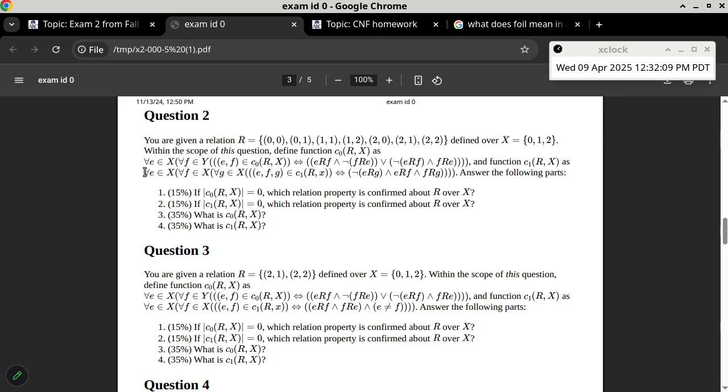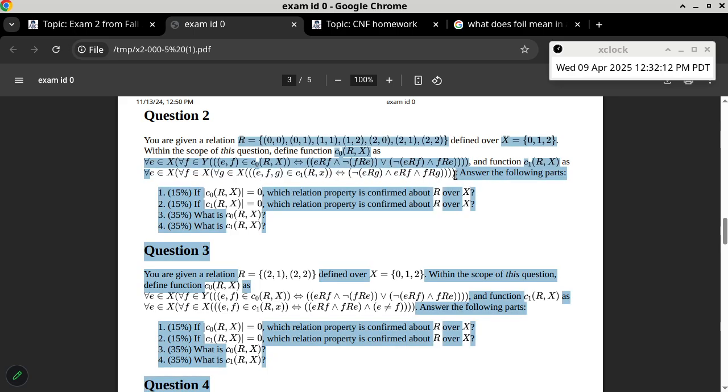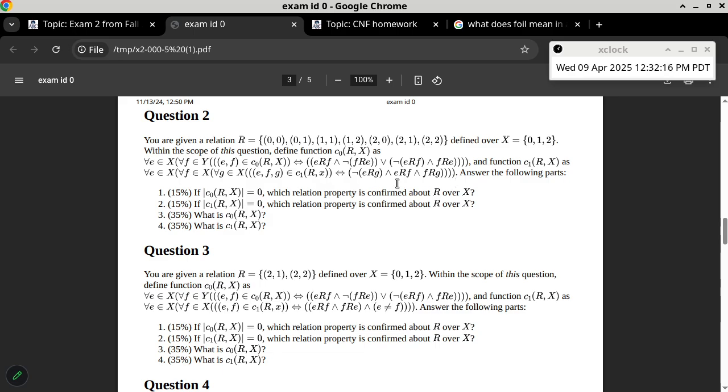And here's the other one. C1 of Rx is defined slightly differently, and it is like this. All right, the first thing we want to do is figure out what exactly C0 is. C0 is saying for every element E in X, for every element F in Y. Oh, there's no Y. This is also supposed to be X, my bad. So for every E in X, for every F also in X, EF as a two-tuple is an element of C0Rx if and only if ERF and not FRE, or not ERF